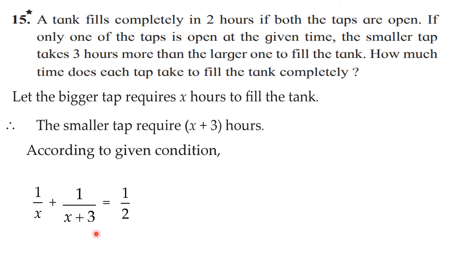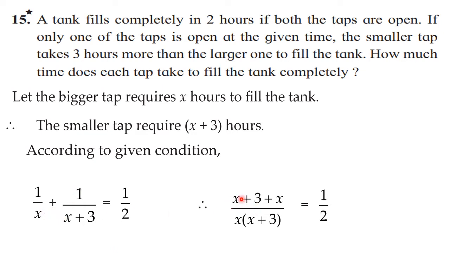to get the standard form of the quadratic equation. So here you can go for cross multiplication like this. See here, 1 into x plus 3 is x plus 3 and 1 into x is x. So in the numerator you will get x plus 3 plus x, and in the denominator we have to write the product of both the denominators, so x into the bracket x plus 3, and the right hand side as it is. This is the very first step which we are going to do. Always we are going for cross multiplication.